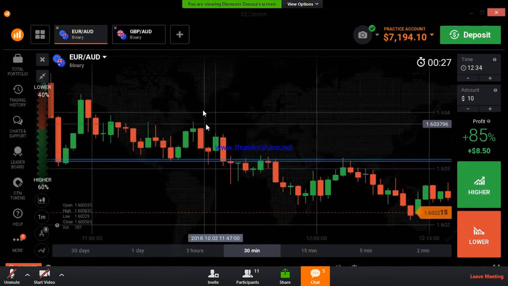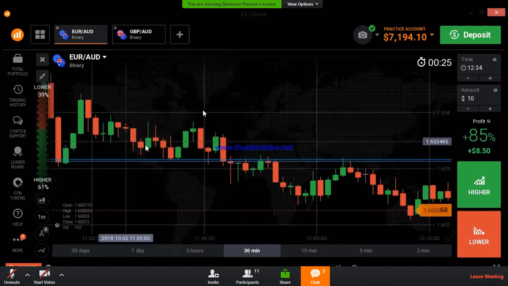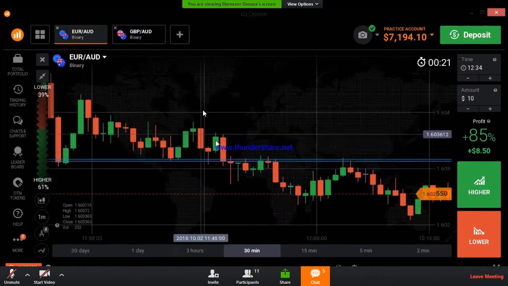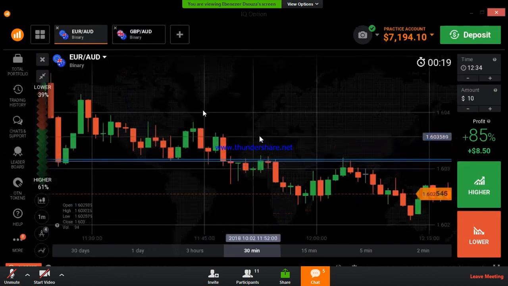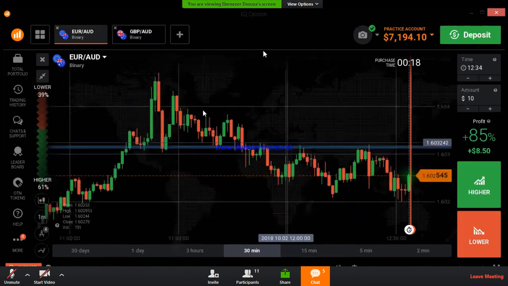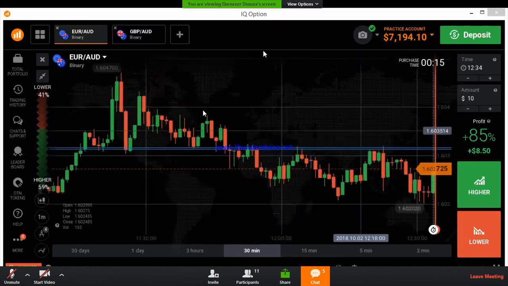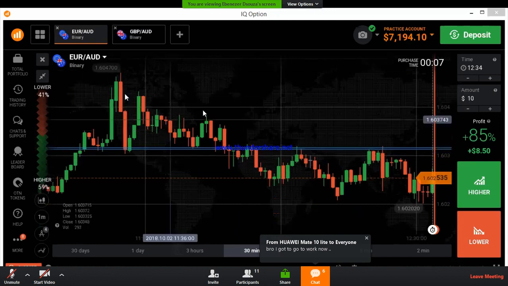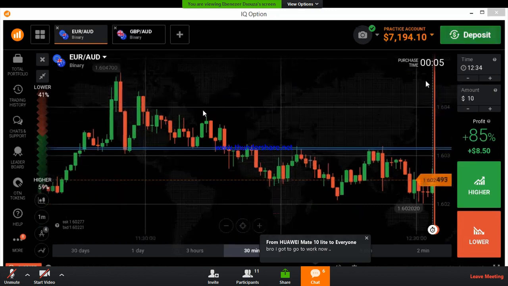If you go against the trend, there are only a few opportunities to win your trade. So always follow the trend. If you follow the trend, it will give you a good winning ratio. Always trade at the strong level in the direction of the trend. Strong levels will give you some good